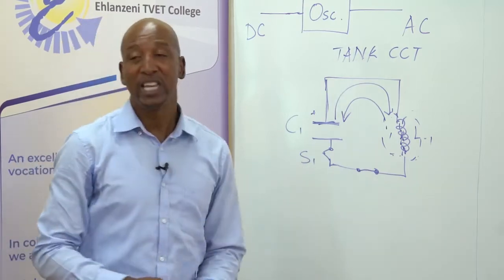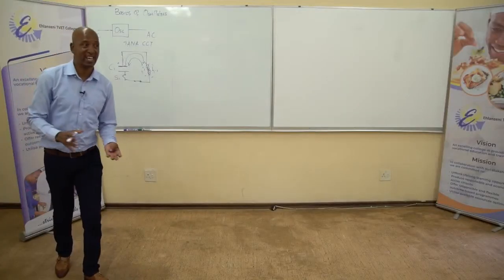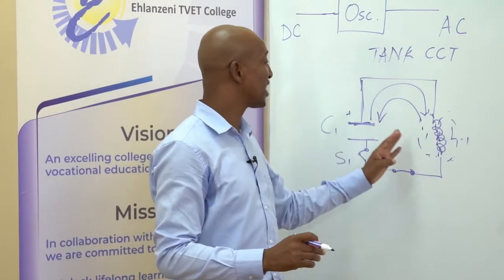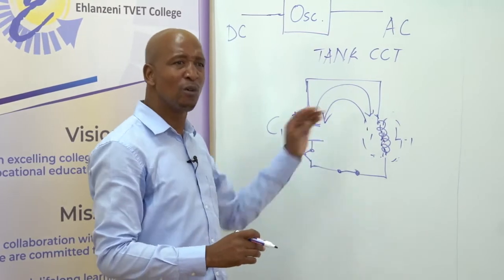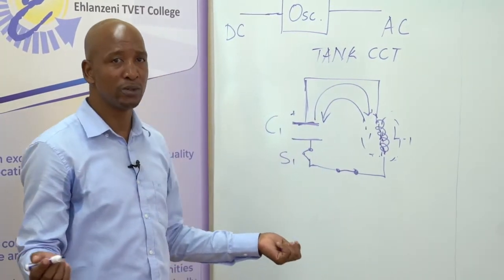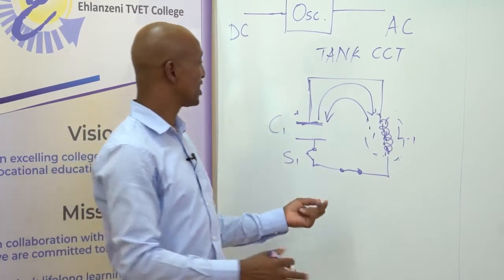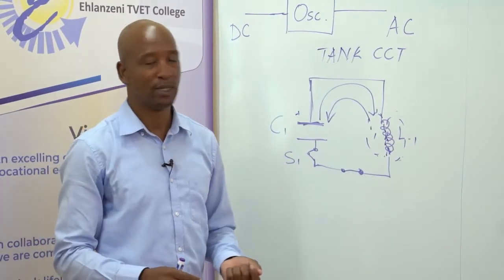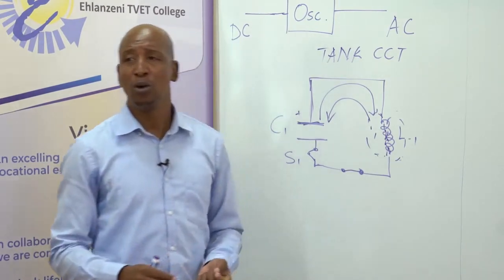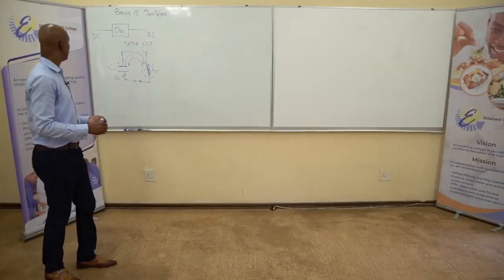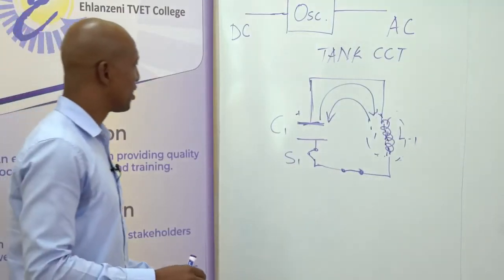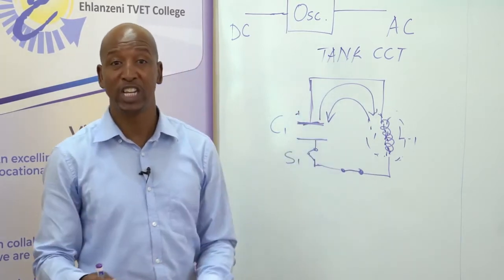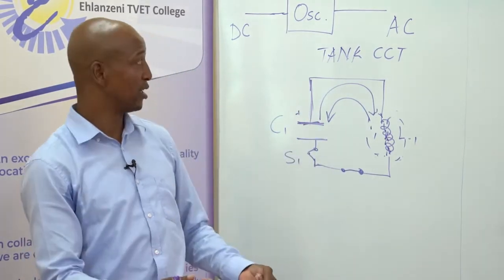This can happen if we were to ignore any losses, any kind of losses due to heat. We would say this process will continue for an indefinite time, which we don't know. But due to losses, it will tend to decay, or what we call dampen, with time. So that is how oscillation is being achieved. So we can prove the speed or the frequency of oscillation by some kind of a formula,